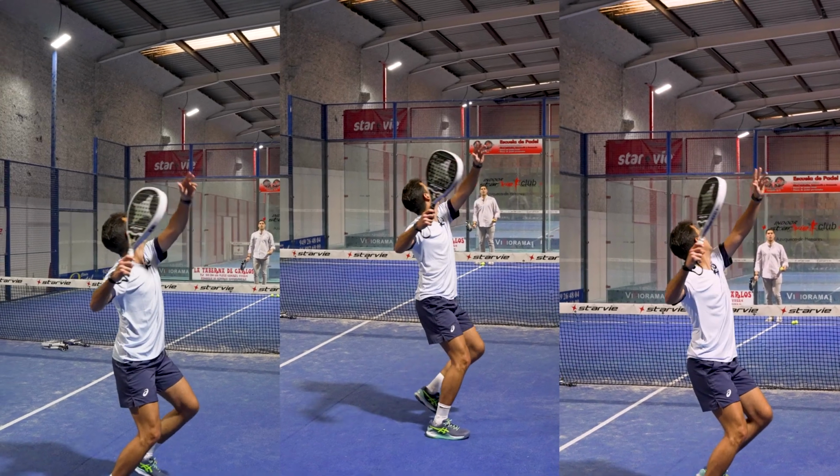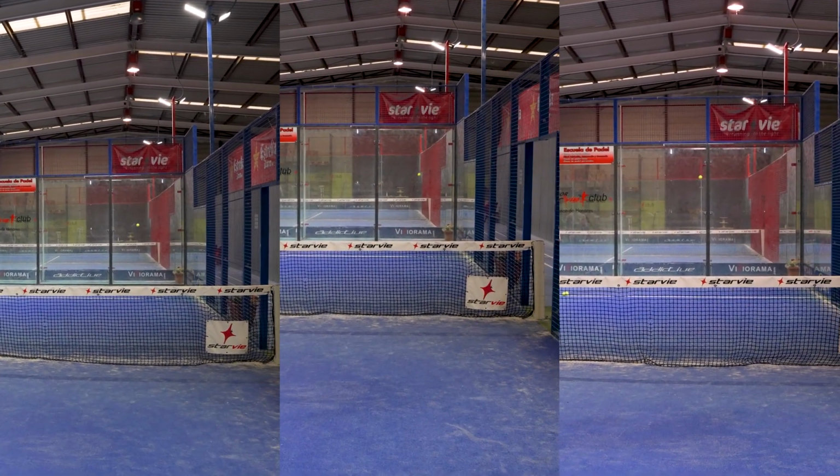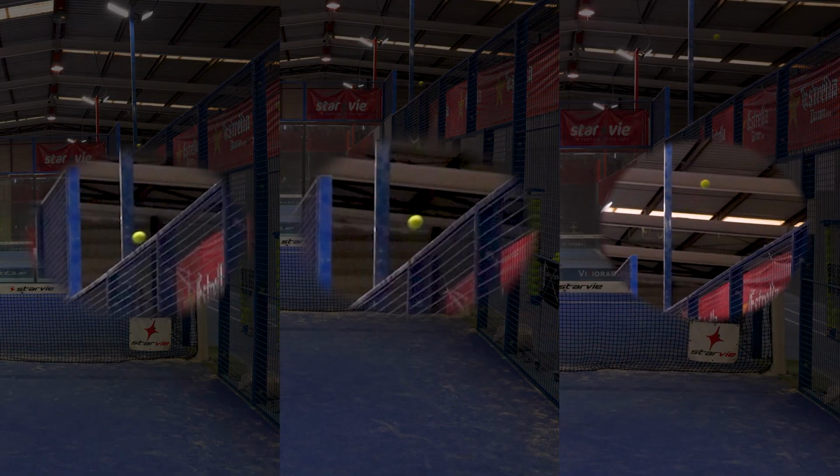It looks like I'm smashing with the same racket, but each of them has a different rubber. If you wanna know which one is which and why choosing the right rubber makes such a difference, watch the video. Today I wanna know more about the rubber, the foam of the paddle rackets, because first of all, why